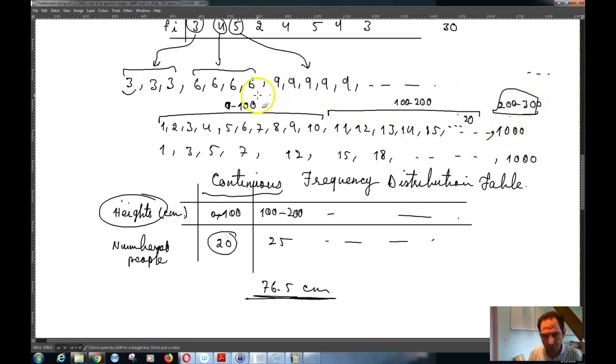But when you do it this way, then this kind of work can be given to a machine, and a machine can basically do it for you. Otherwise, it's tedious work. You have to keep counting how many ones do I have, how many fives do I have, and then add them together, divide, multiply. So it's not really possible when the volume of your data becomes a little bit over, for example, 10, 20, 30 numbers. So that's basically called the continuous frequency